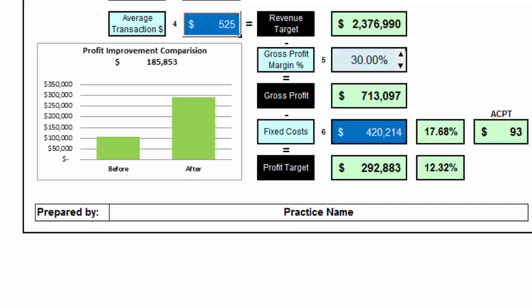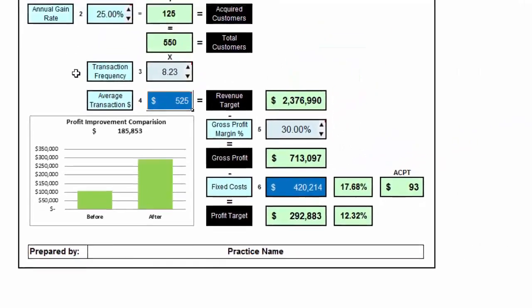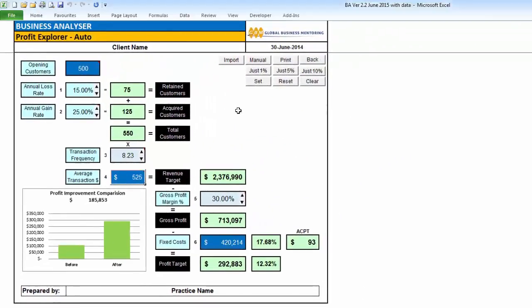Now this may not be achievable in 1 year, but you might say to your client or to your managing director or GM, we could perhaps set this for our 2 or 3 year target and work on varying percentages in those drivers over that intervening period to achieve this profitability. But it just shows that a 5% improvement across those drivers will have that impact on the bottom line. We'll reset this one more time,